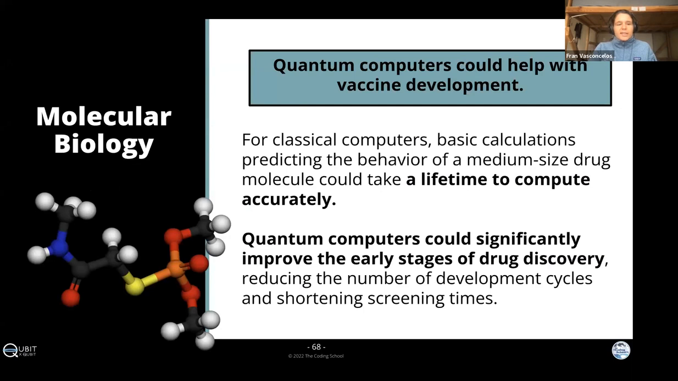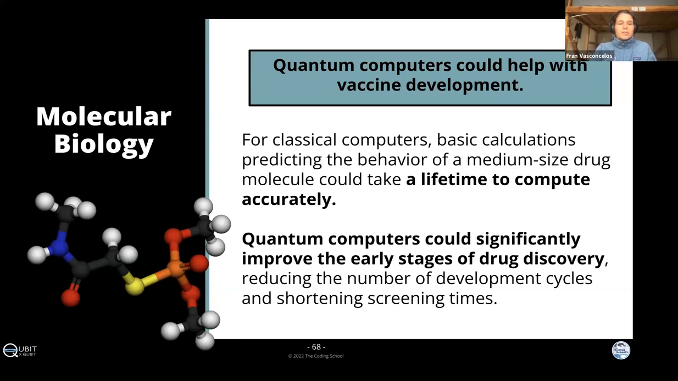So moving on to the context of molecular biology, in this context, we believe that quantum computers could help with things like vaccine development. So this should be something that we're all interested in, especially in light of, say, for example, the recent COVID-19 pandemic. For classical computers, basic calculations predicting the behavior of a medium-sized drug molecule could take a lifetime to